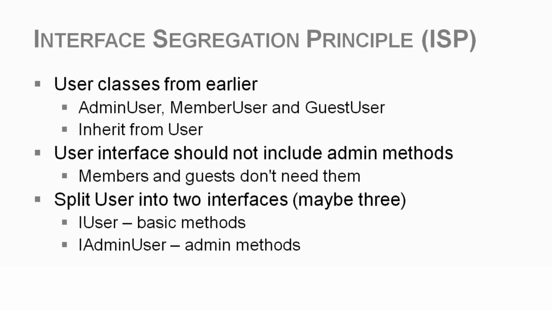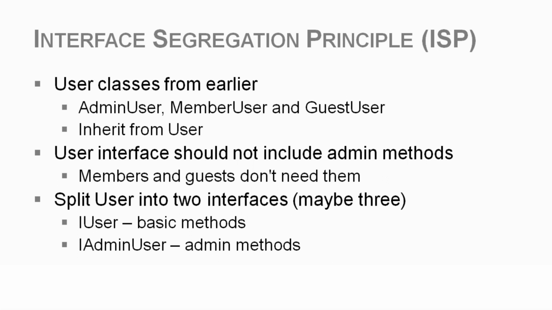So we're going to go back to our user classes again, and we have our base class user, and we have those subtypes. Our user interface should not include methods that are specific to the admin user, because the member and guest classes don't need them. So in that case, you would probably put in not implemented, which would not be good, or they just wouldn't